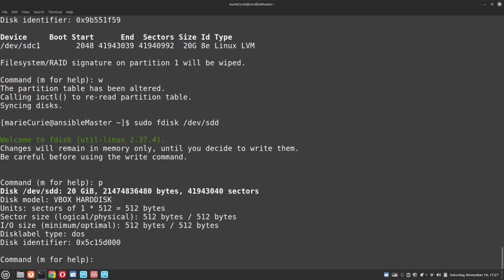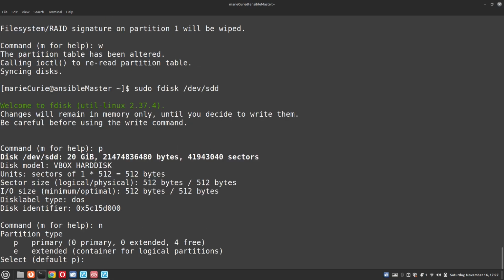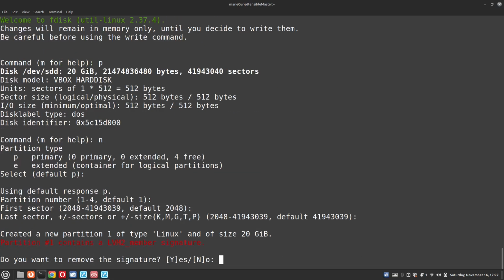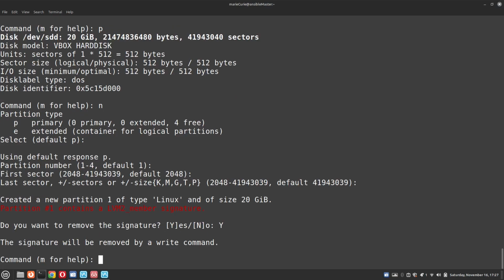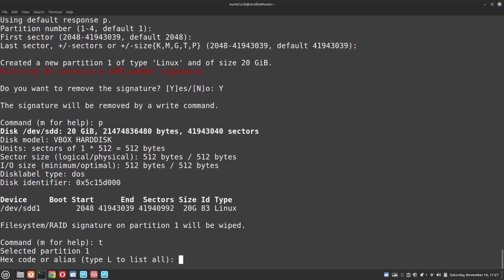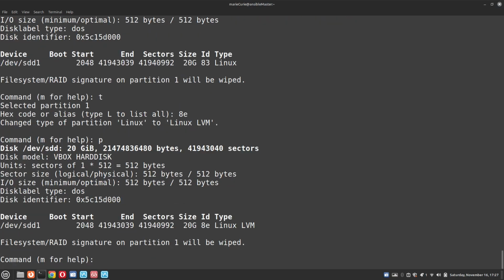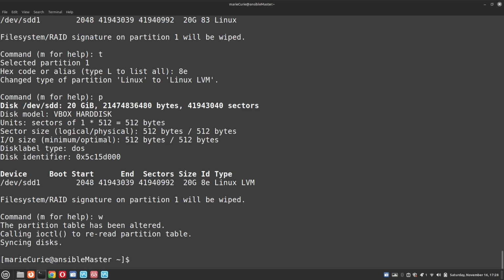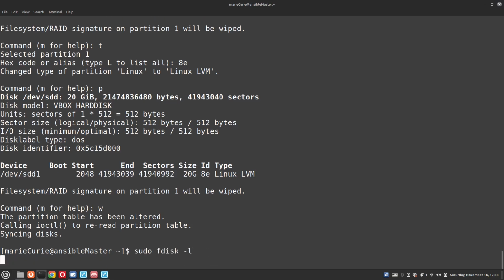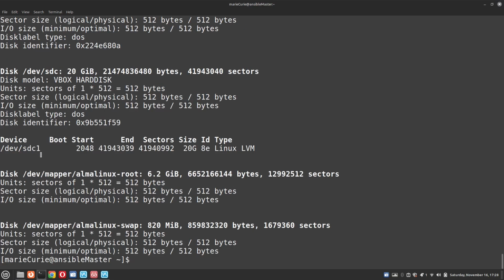Okay, nothing is there. N letter and press enter. Click yes. Okay, P for print, changing the label type 8E. Okay, now print it and save it. Okay, if you do fdisk -l, you can see all are converted to STC1,